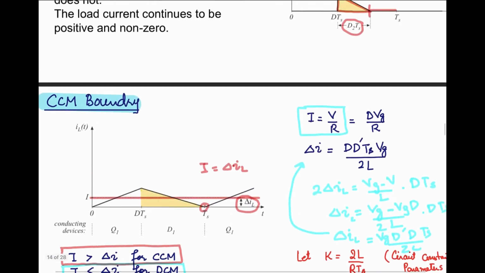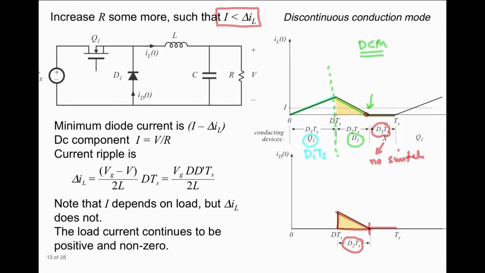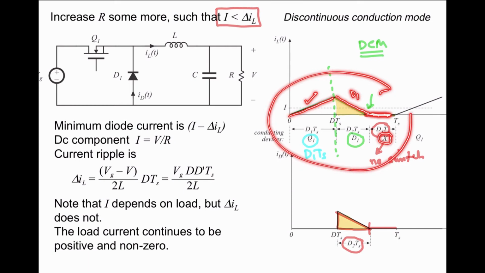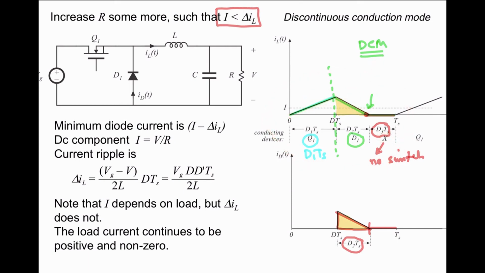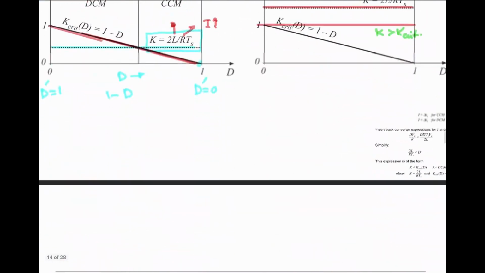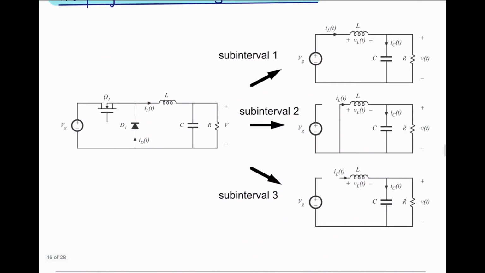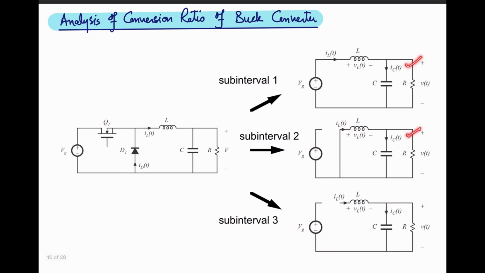If I go back to the slides from the last lecture, for the discontinuous conduction mode you have three parts. One, when your switch Q1 is conducting, the inductor current is increasing. When the diode is conducting, your inductor current is decreasing. And third, when no switch is conducting, meaning Q1 is off and the diode is off, the inductor current is 0. So we are discussing this DCM mode, and for that we have three modes of operation: when switch Q1 is on, when the diode is on, and when no switch is on. Those are shown in this slide: the first mode circuit, the second mode circuit, and the third mode circuit.